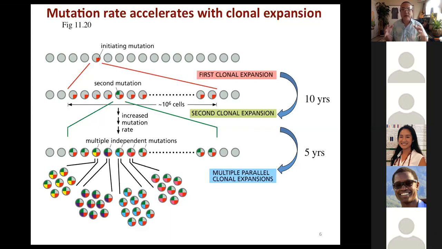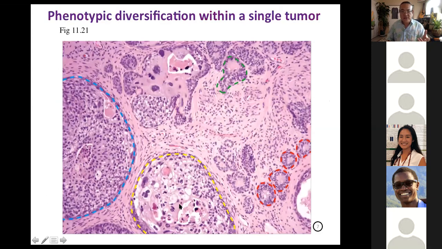What that means then is by the time you have a full-blown large cancerous tumor, the mutation rate has increased. It's more rapid now with each generation because the integrity of the genome is becoming less and less well maintained, and you have more types of mistakes that are allowed through more frequently. That also means the resulting tumor at the end might be one large mass that's actually made up of several different populations of cancer cells. And that's what this slide is.